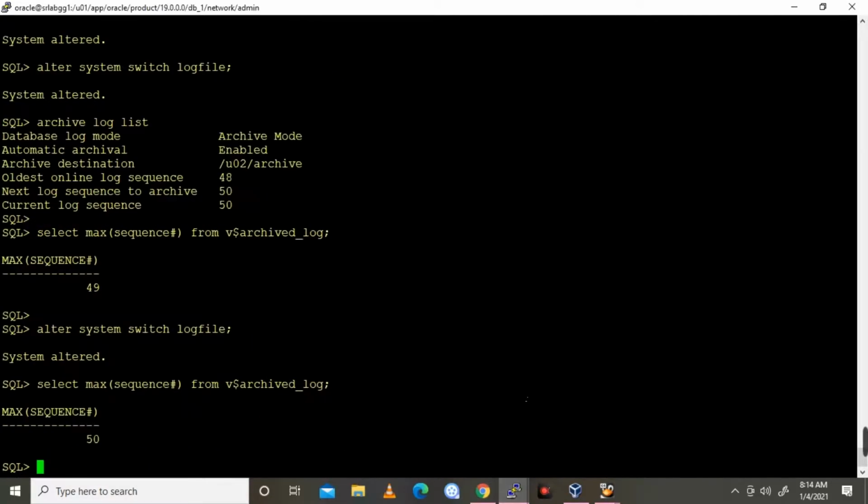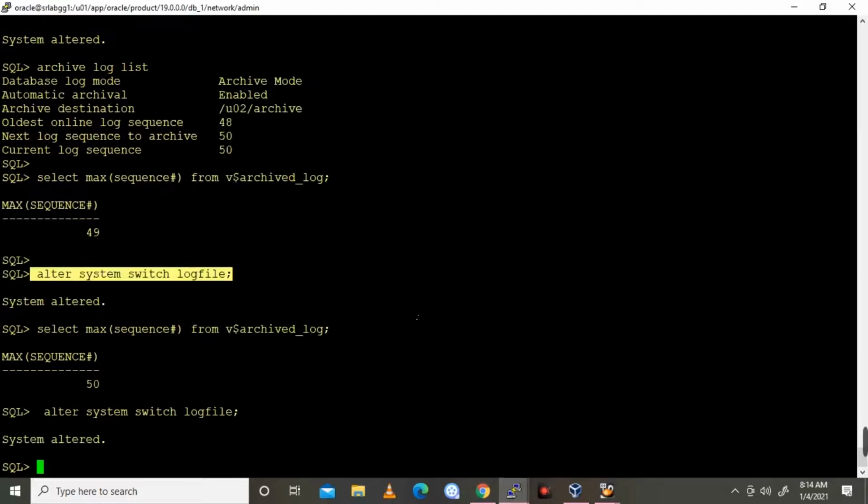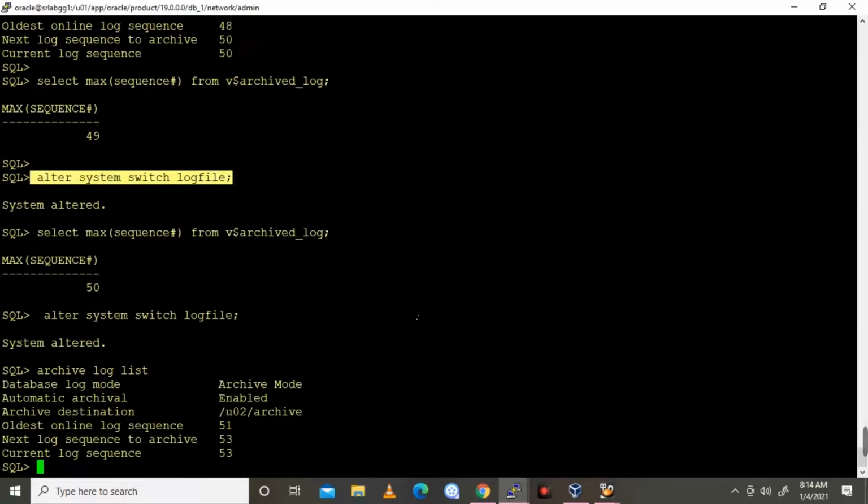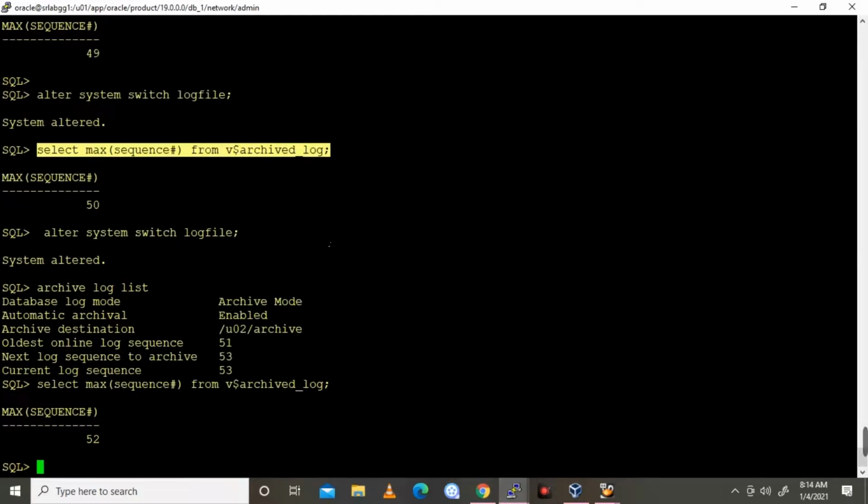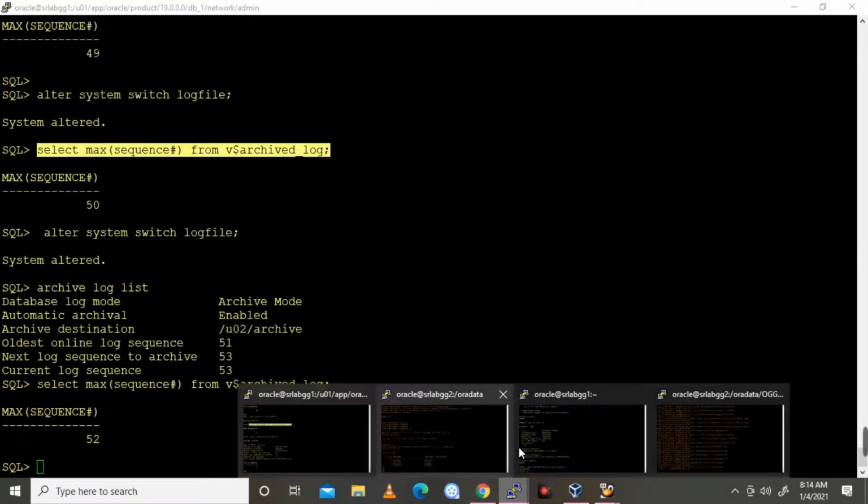Now you can give a switch and validate whether that log sequence has been applied on the standby side. Coming to the standby side, now you can check.